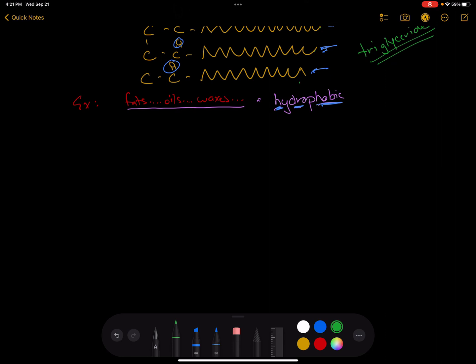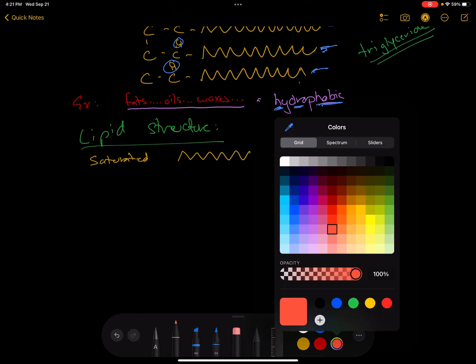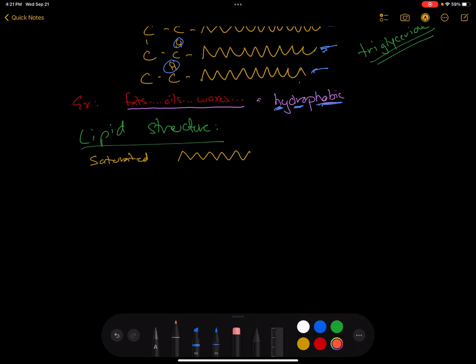Now, when we talk about lipid structure, we have a few different kinds of lipid structures. The first one, we've kind of heard of these words before. This is a saturated fat, or a saturated one. Now, without adding all the glycerols and stuff, a saturated lipid means the hydrocarbon chains are all single bonds. All single bonds. So it's just one straight